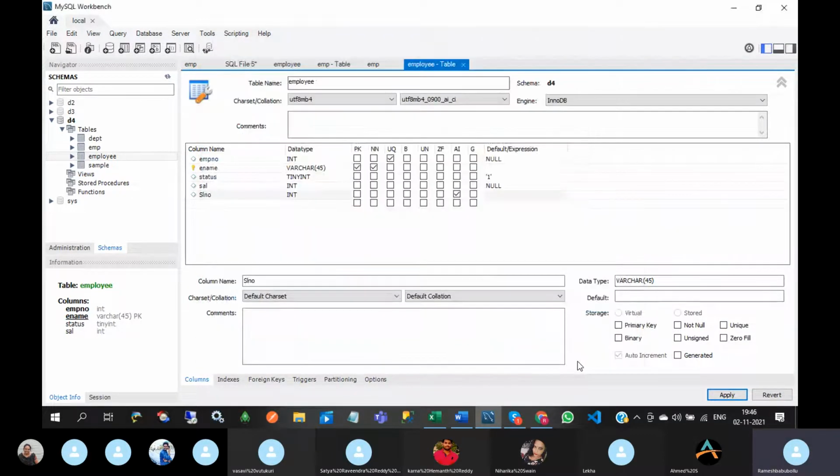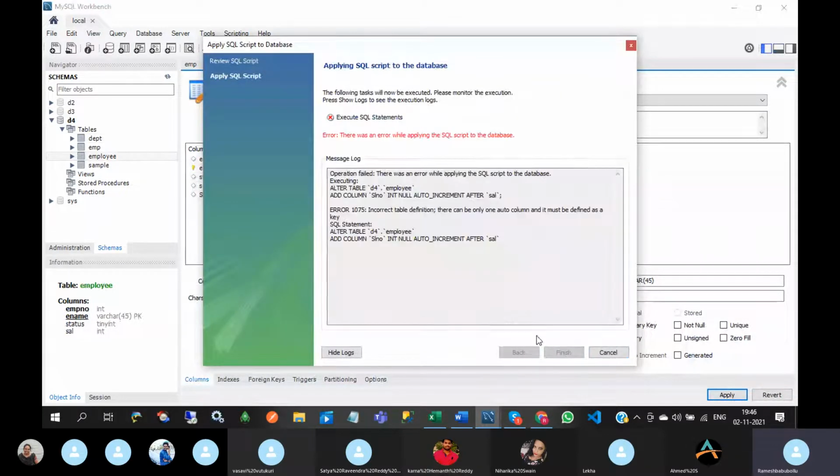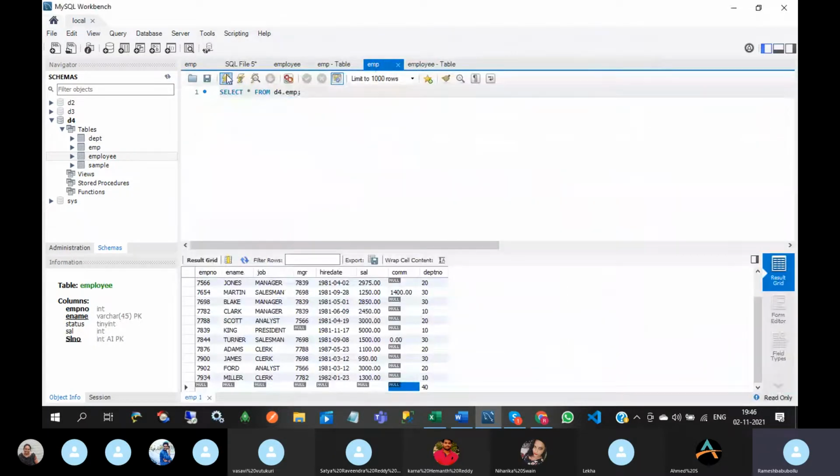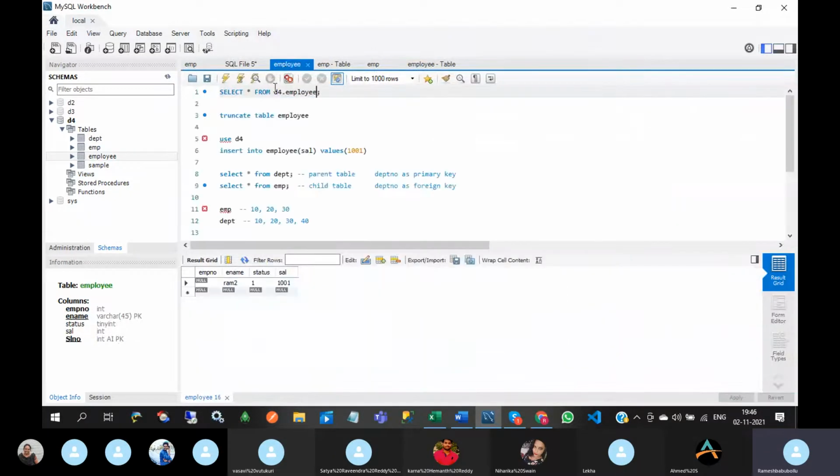One auto incremented column, and it must be defined as a key. Okay. Primary key. See this serial number is assigned.